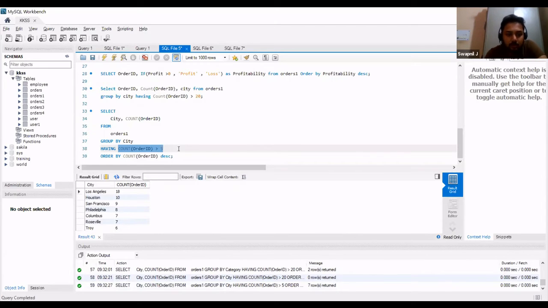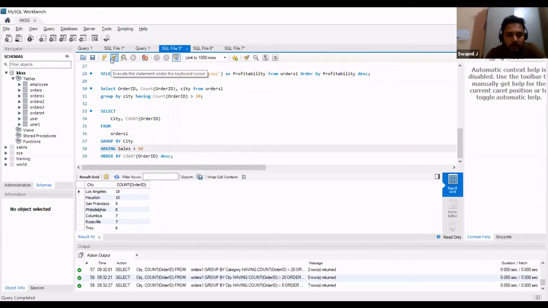So will the where clause work here? Yes, the where clause also works here. Okay, then is there any difference? Like, in some cases only can we go for having, or are there some limitations? Most generally we use having with group by as a pair, and you need an aggregate function for it. For example, if I give a having for all the cities which have sales greater than 50.